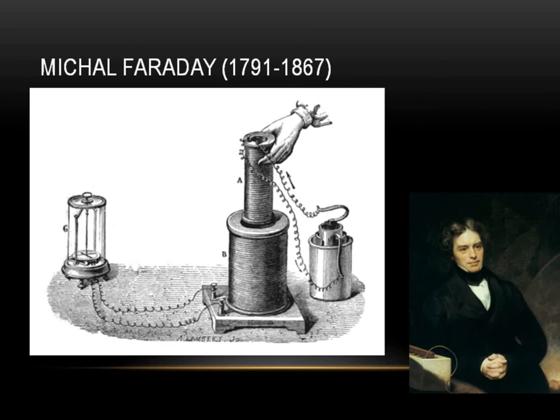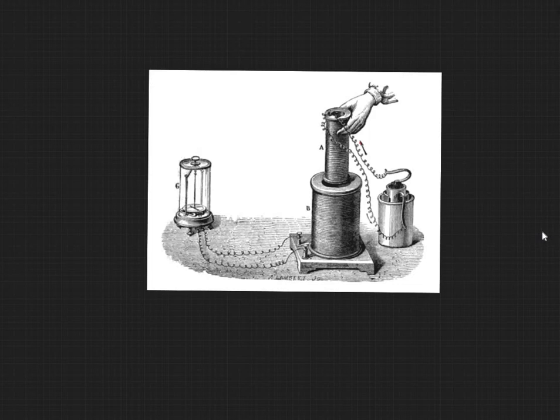Michael Faraday was in the same timeline as Henry, but he was responsible for discovering electromagnetic induction. Basically, the whole idea is, if you have a current passing through a set of coils here, and it falls down into another coil where no current is passed, he observed that it produced a deflection. It is a current deflection, of course, since all current deflections are due to the magnetism of a needle, which interacts with the current that flows. He discovered that when current is flowing through this coil and he drops this coil, he started seeing that the current was